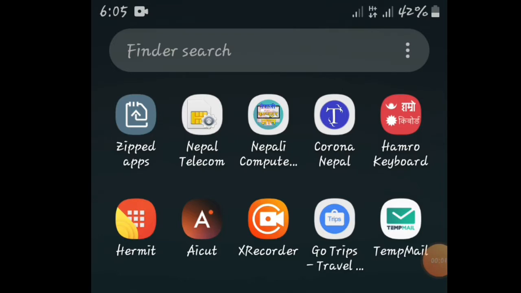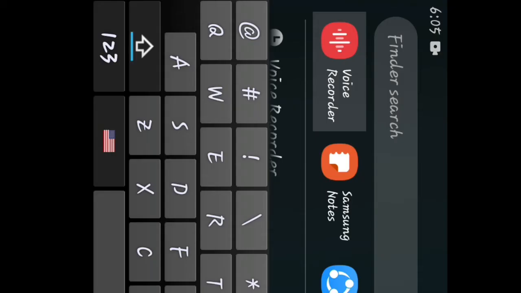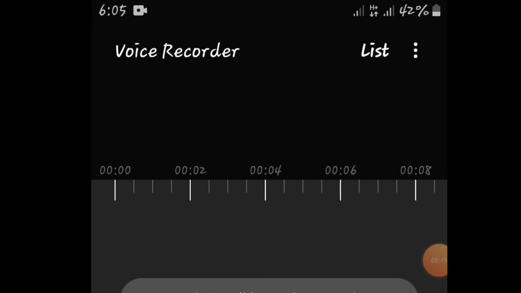Another useful application is Samsung Sound Recorder. So for this one, I'm opening this one. This is a voice recorder. Sometimes we need to record best quality audio. In that case, you can use this one. So using the voice recorder, you can record best quality audio inside your Android smartphone. If you are using a Samsung mobile phone, in that case it is available by default. But if you are not using a Samsung mobile phone, it may not be there. So that's why I'm giving you a download link.